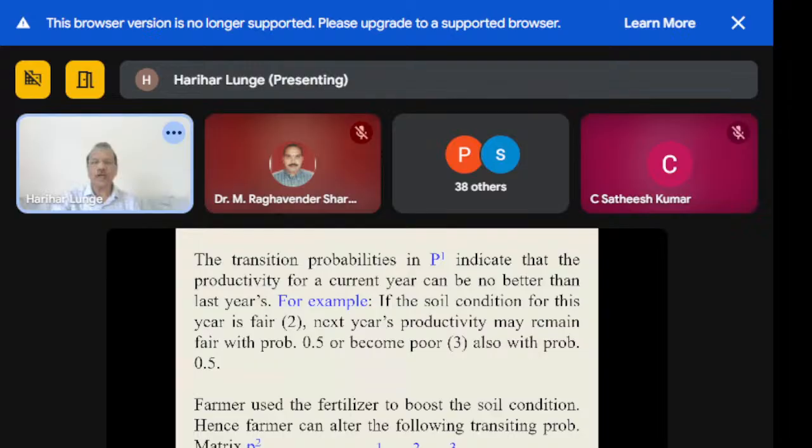So here the optimization process is based on the maximization of the expected revenue, and the farmer may also be interested in evaluating the expected revenue resulting from following a pre-specified course of action whenever the system is in a given state. For example, fertilizer may be applied whenever the soil condition is